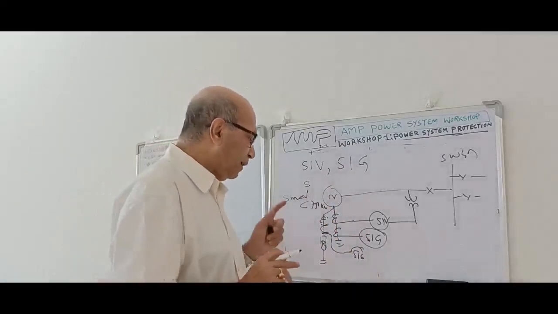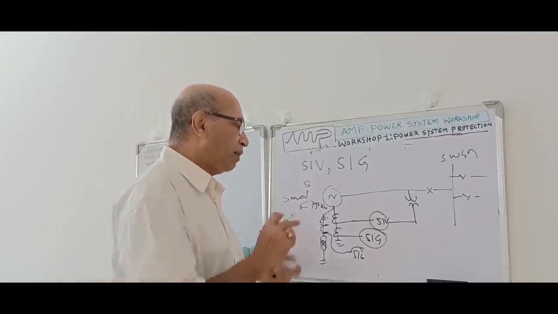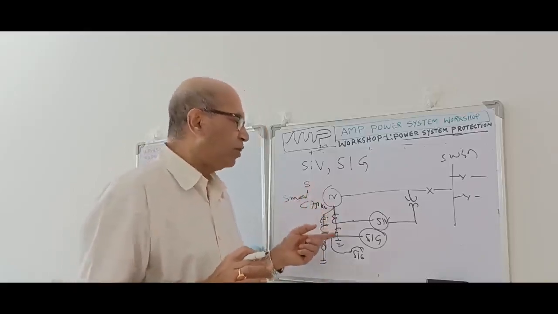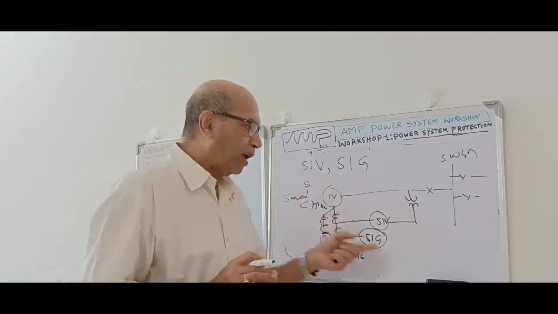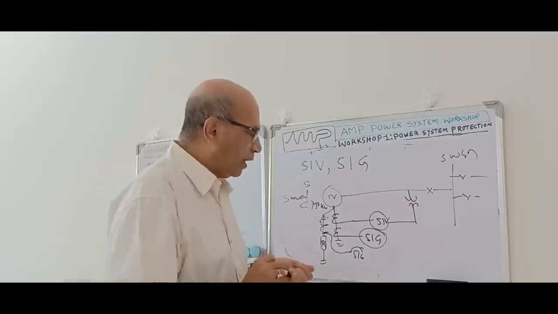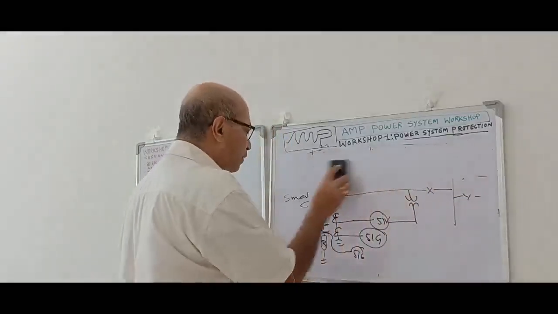But if it is an important machine, then we have to think in another way. In that case, we may require to put the differential protection also. It depends on the importance. But if it is not an important machine, not an important application, up to 800 kilowatt, we can give only this protection only.